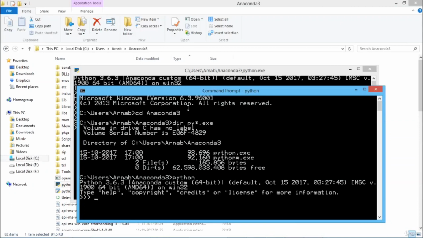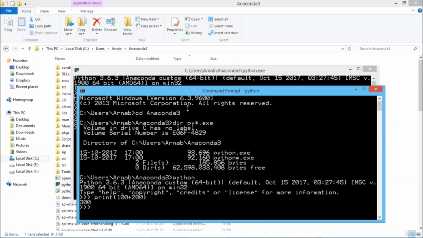Typing Python in the command line will invoke the interpreter in the immediate mode, and you can directly type in Python expressions and press enter to get the required output. The Python prompt tells us that the interpreter is ready for our input. So let me type some code here. I'm going for print 100 plus 200. You can easily find it is calculating and giving me the outcome. So this is our immediate mode.